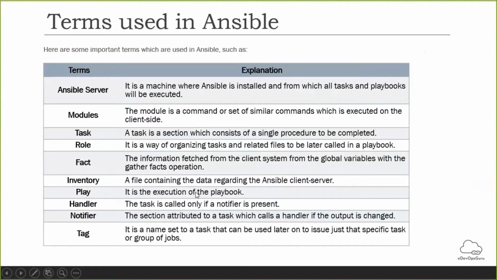So what we are doing in the host file is giving a group of server or node details to which we need to communicate through our master machine, and where we want to install some software or do some product installation in that node machine.